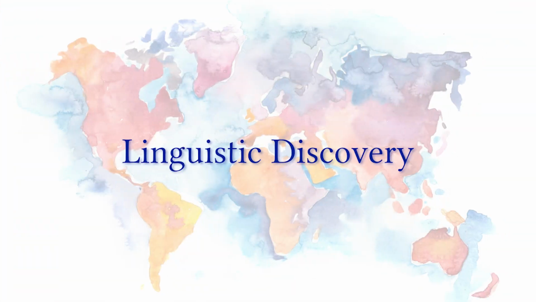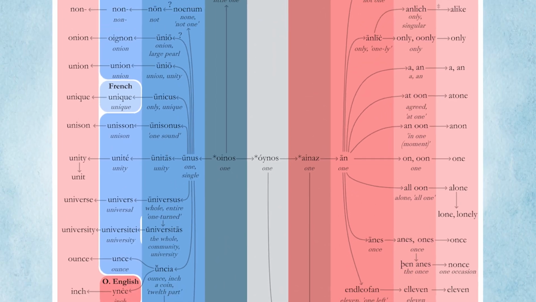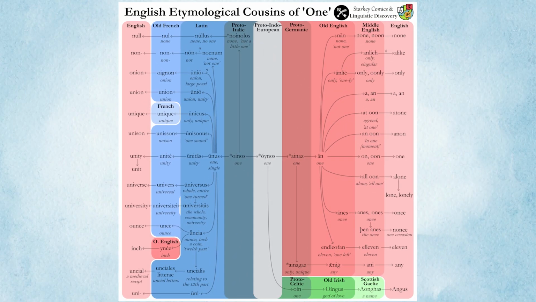And today we're going to explore the history of the word for one, all the way from the original Proto-Indo-European language to the many subtle ways that that word still appears in modern English today. So put on your etymological adventure hat because we've got a 6,000-year journey ahead of us.